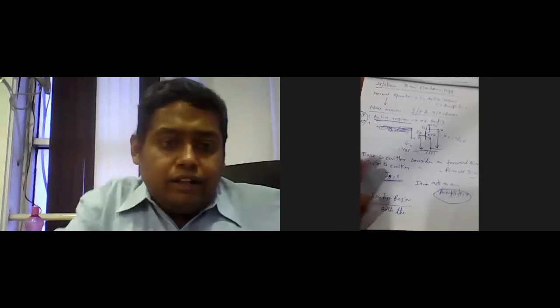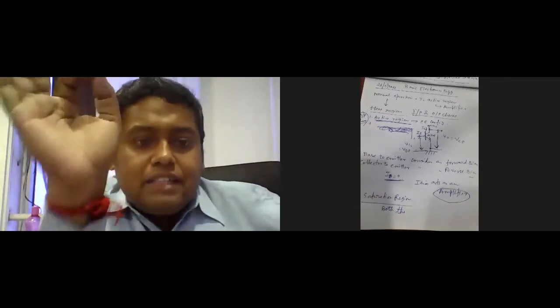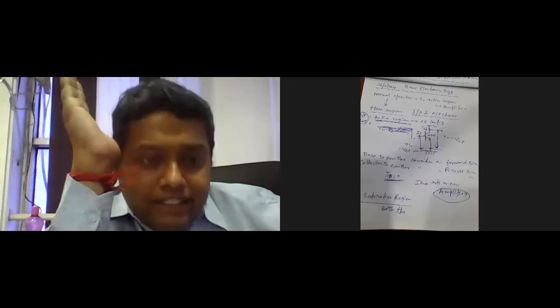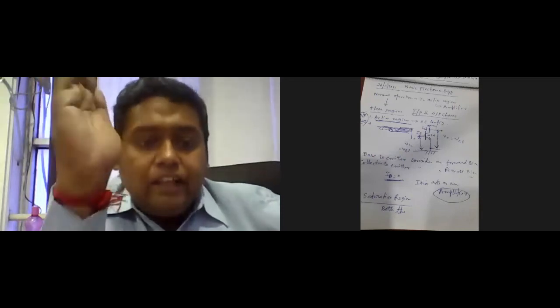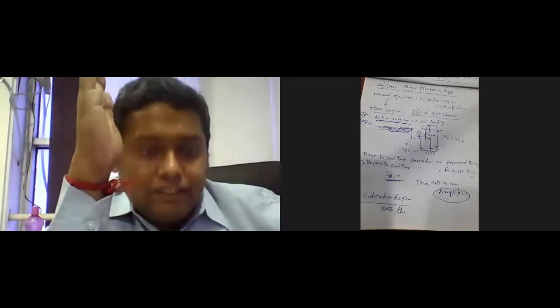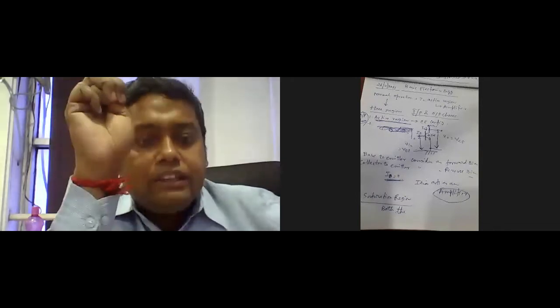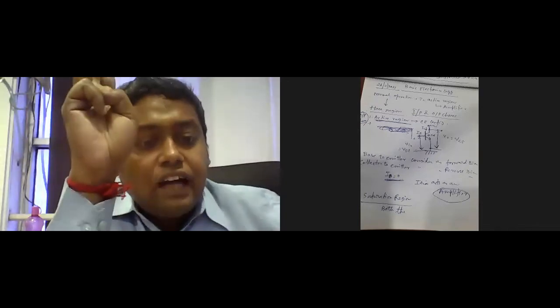Let us repeat once more. So in this class we will discuss the input and output characteristics of the BJT, bipolar junction transistor. For the BJT, here we consider the output characteristics at first. For the output characteristics, we have three regions. Number one is the active region. Number two is the saturation region. Number three is the cutoff region.